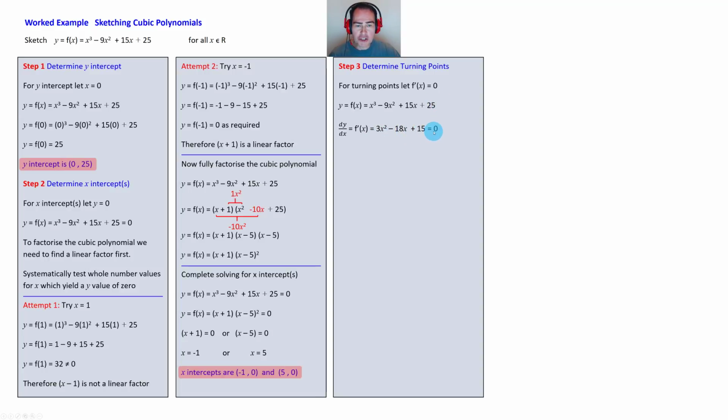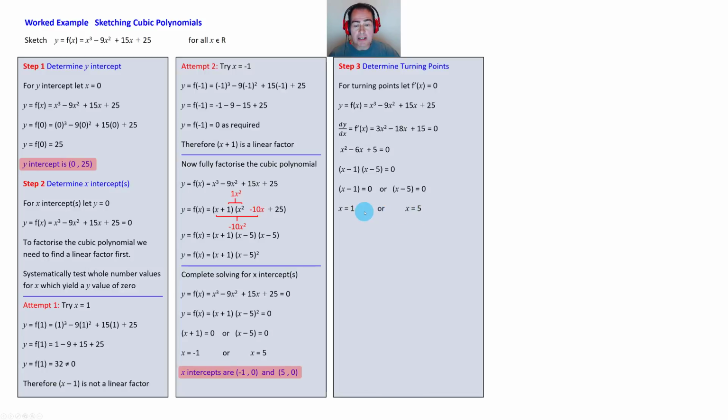So this is the condition needed for the x values in order that the gradient be 0 and we have turning points. This equation itself can be divided by 3, giving x squared minus 6x plus 5 is 0. Itself a quadratic equation which can be factorized by inspection. The two numbers adding to negative 6 and multiplying to positive 5. Either x minus 1 is 0 or x minus 5 is 0, giving us two possible values for x, 1